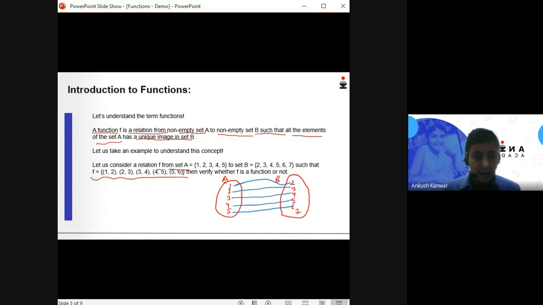Yes, 1 is linked, 2 is linked, 3 is linked to some element, 4 is linked, and 5 is linked.